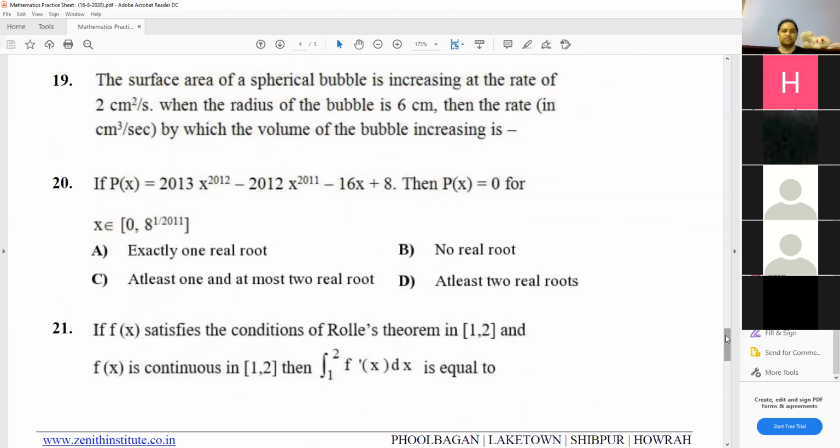The surface area of a spherical bubble is increasing at the rate of 2 centimeter squared. The radius of the bubble is 6 centimeter. Then the rate by which the volume is increasing. I think we did a similar question in the class, right? Awesome. Yes. हाँ, तो ये तो हो ही गया होगा। स्फीयर को लो, फिर dV/dt करो, वहां से dr/dt आ जाएगा, सॉरी dS/dt करो, वहां से dr/dt आ जाएगा, एंड dV/dt में dr/dt सब्स्टिट्यूट करना है।